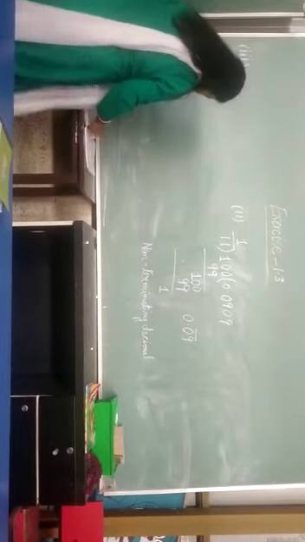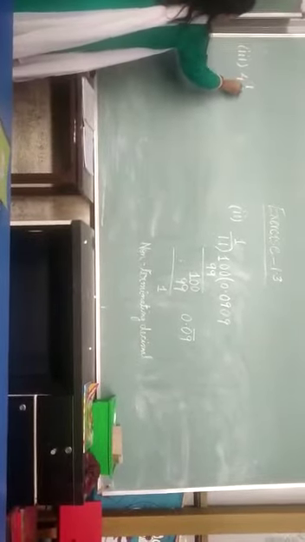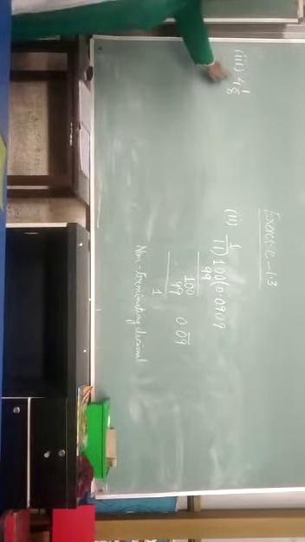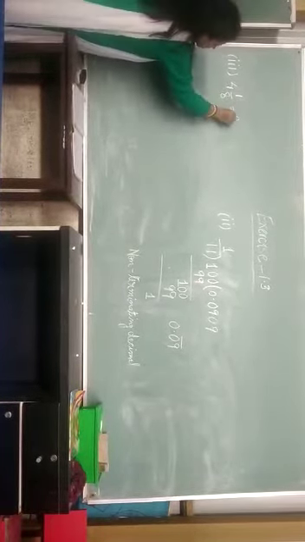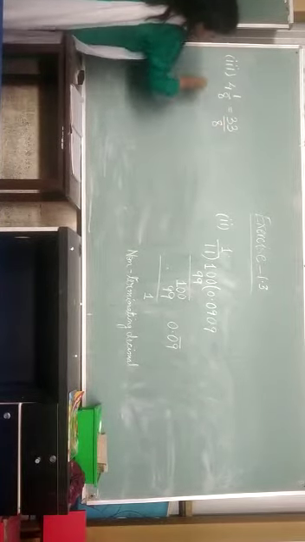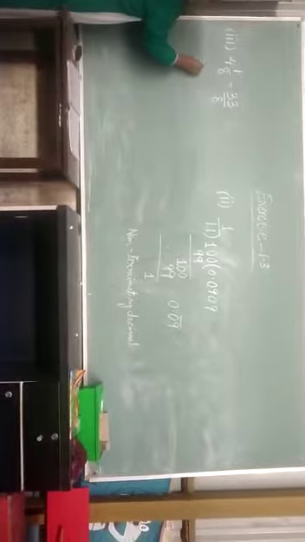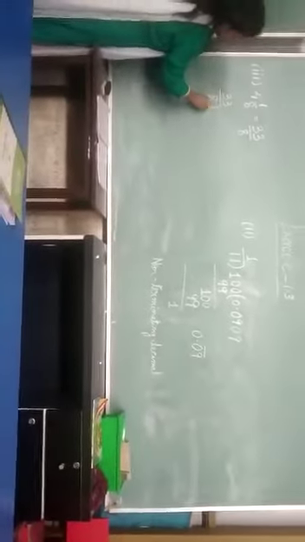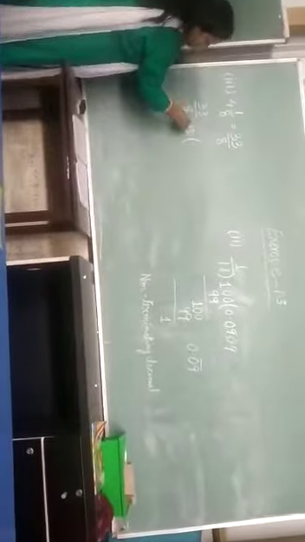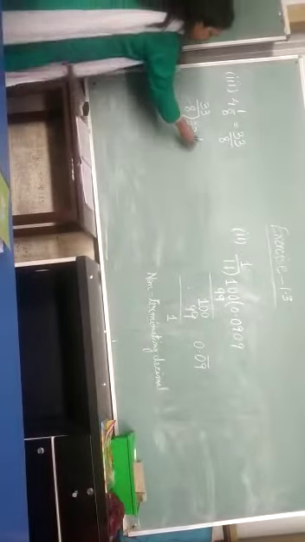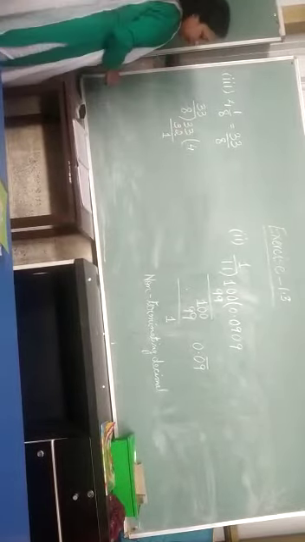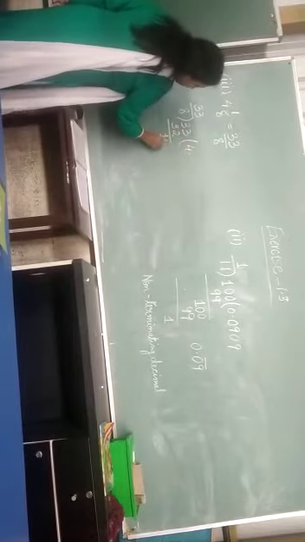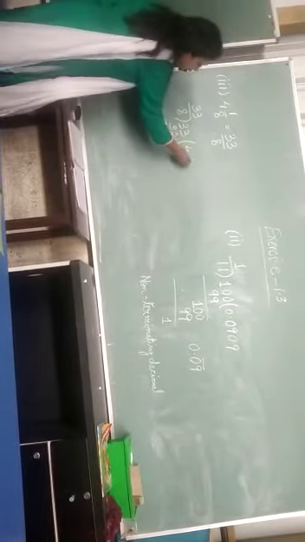So question number 3 is 4 1 by 8, right? So this is in mixed fraction. So let us first bring it into simpler form. So 8 4s are 32 plus 1 is 33. So 33 by 8, right? So now we have to divide 33 by 8. So now here we can divide, right? So 8 4s are 32, right? Remainder is 1, right? Next we will be putting a point and we bring here 1 0. So 8 1s are 8.